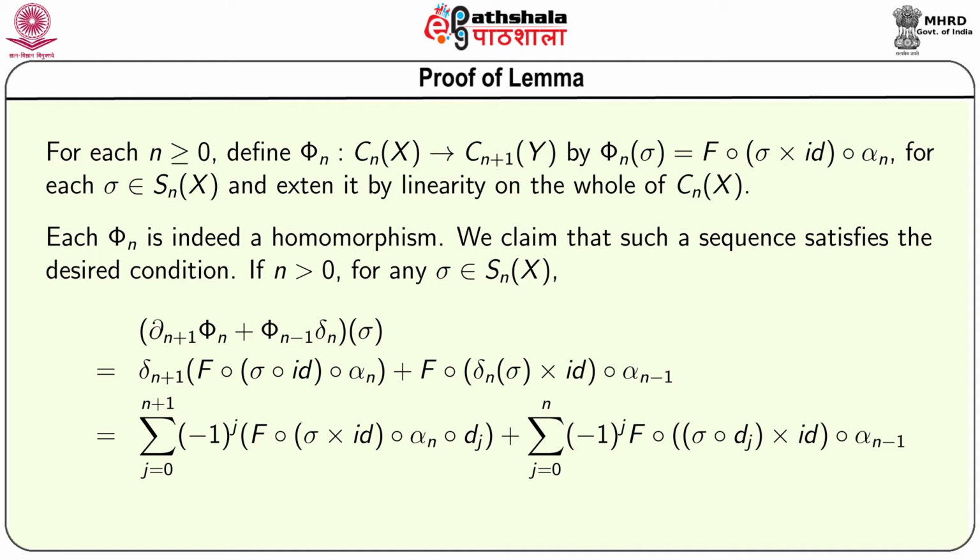If n is greater than 0, for any sigma belonging to Sn x, we start with del n plus 1 phi n plus phi n minus 1 delta n operating on sigma, and that will give us delta n plus 1 of F composed sigma times identity composed alpha n plus F composed delta n sigma times identity composed alpha n minus 1, and that is equal to summation j equal to 0 to n plus 1 of minus 1 to the power of j of F composed sigma times identity composed alpha n composed dj plus summation j equal to 0 to n of minus 1 to the power of j F composed sigma composed dj cross identity composed alpha n minus 1,